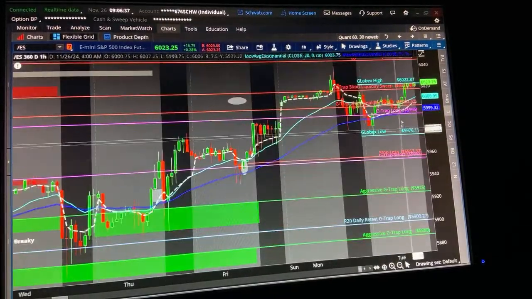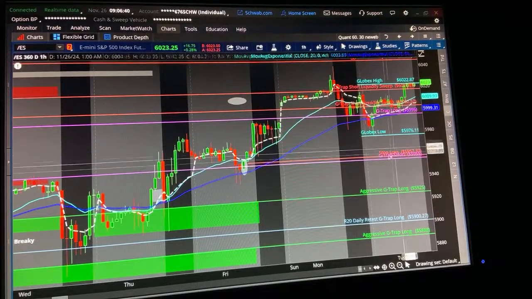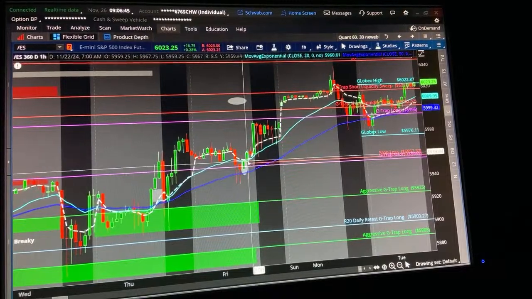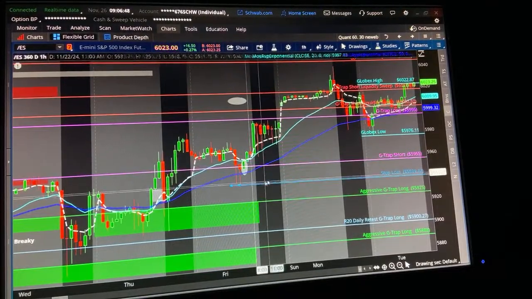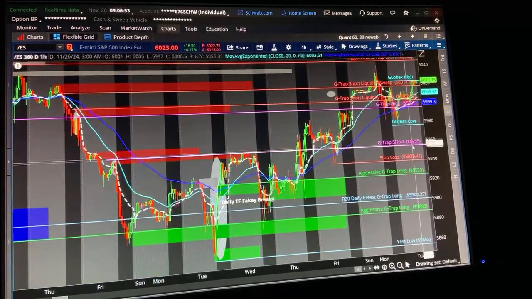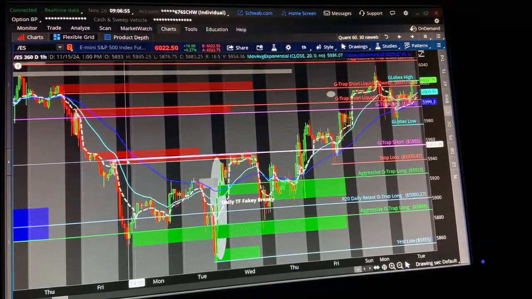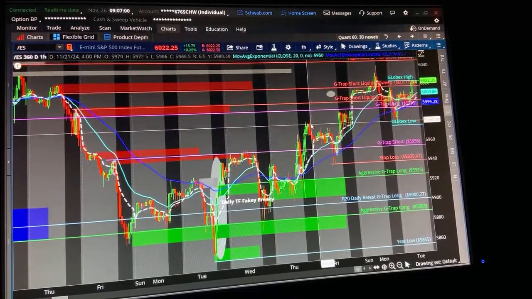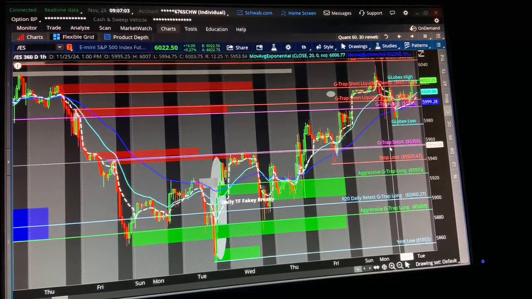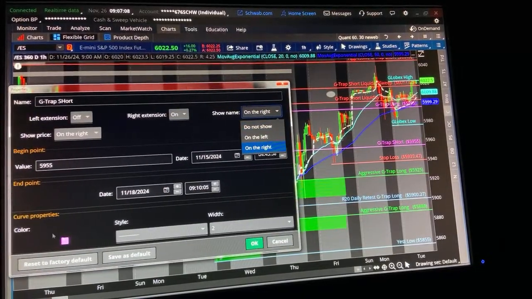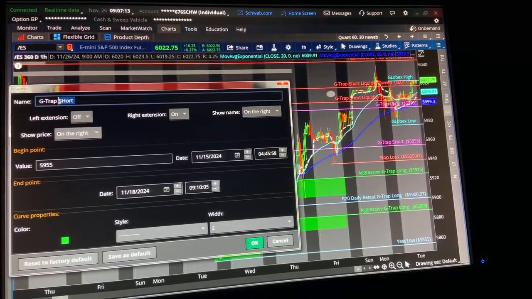Globex trap long would be down in here. Do I have a level of demand below Globex low? We do here, right? I already have this mapped out: 58.55 handle to 59.55, which was once supply here. You can see it tagged here, respected that. And then we based, and then we broke a new high. So I could just change this color from pink to green, and on the right-hand side here, this could be a Globex trap long,